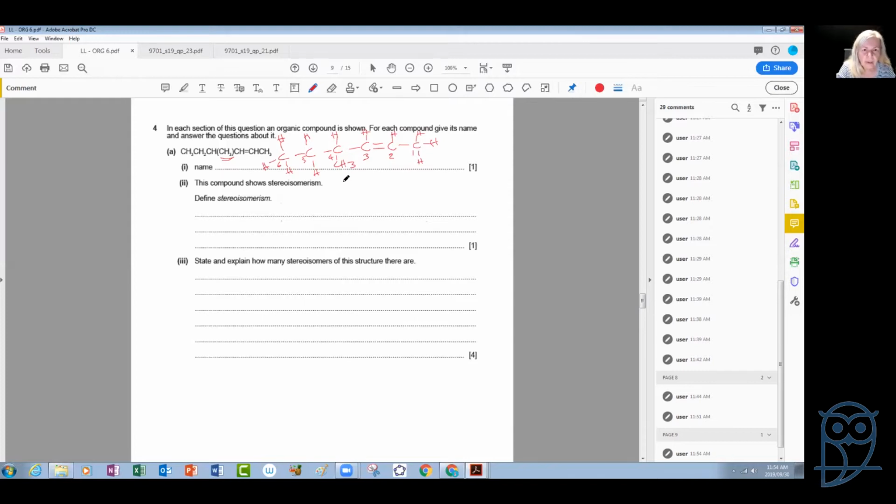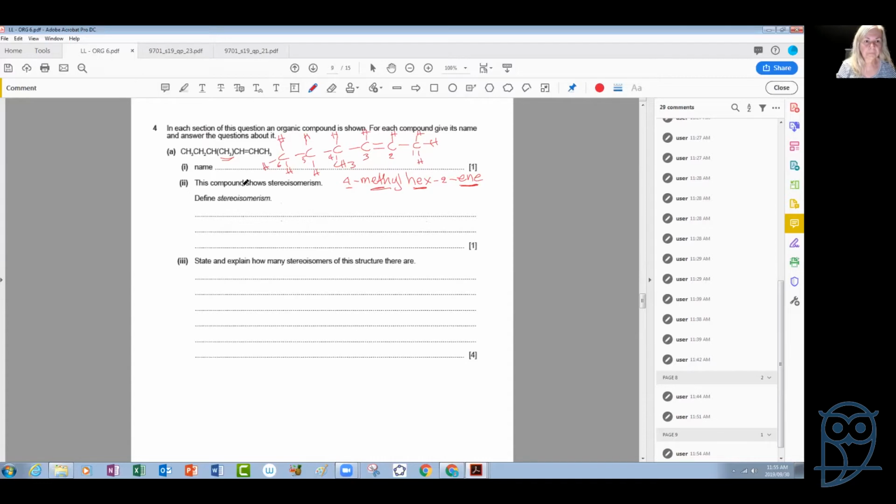So this would be 4-methylhex-2-ene, because 2 is the location of the double bond. It's at carbon number 2, and it's a hexene because of the double bond. So 4-methylhex-2-ene is the name of this